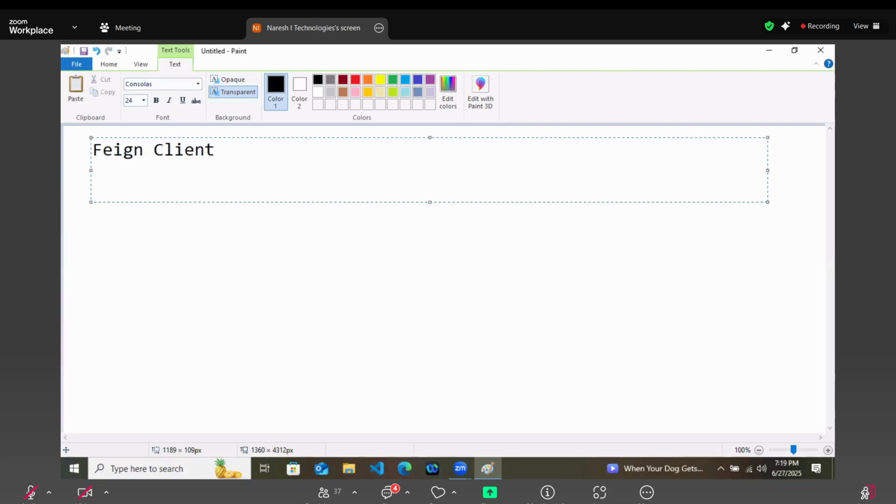Feign client, or in the Spring language, we call it OpenFeign. We can use it in REST API. How? This is not a definition for Feign client, right? And yesterday only I said that tomorrow I will ask this question.